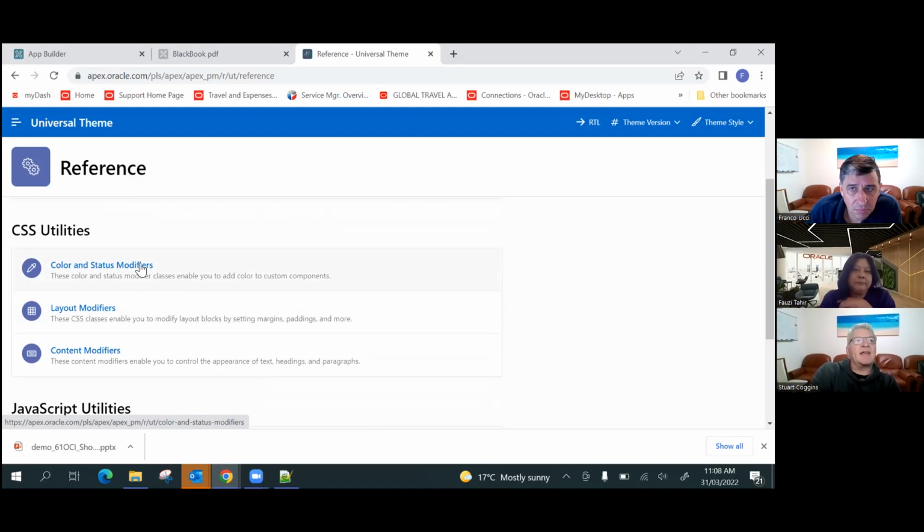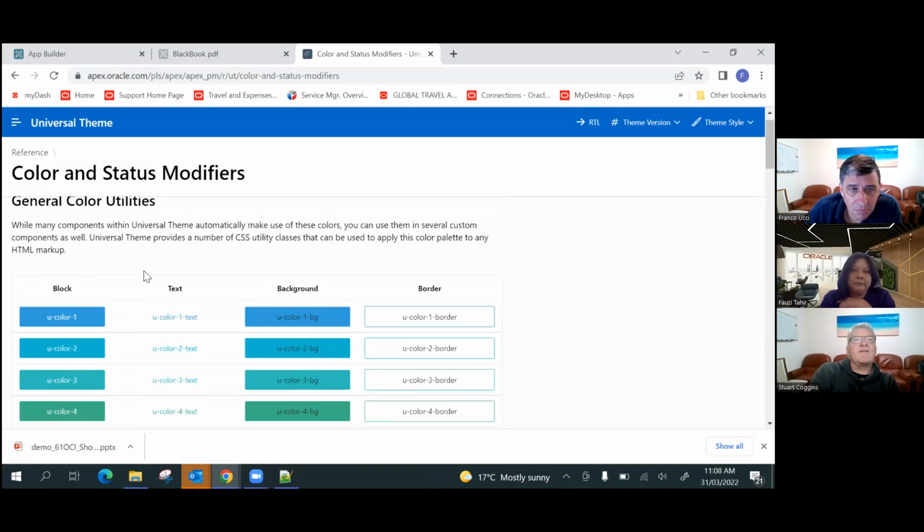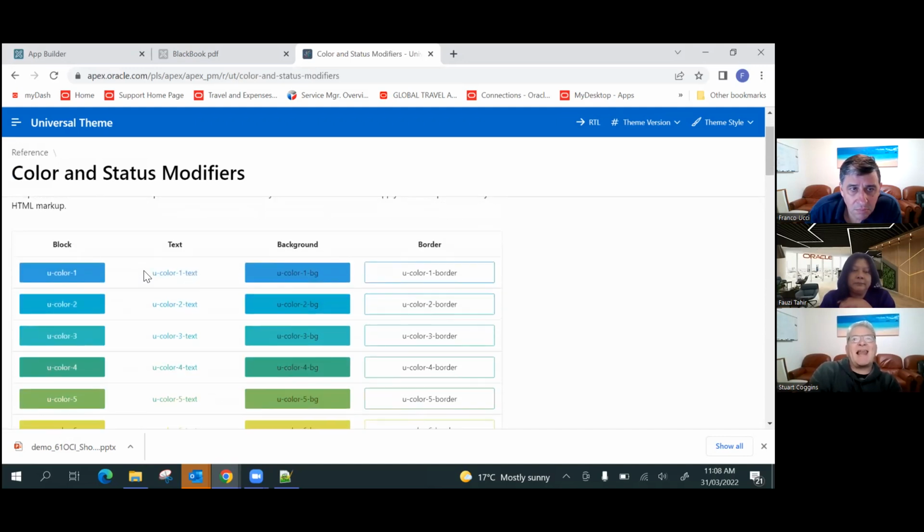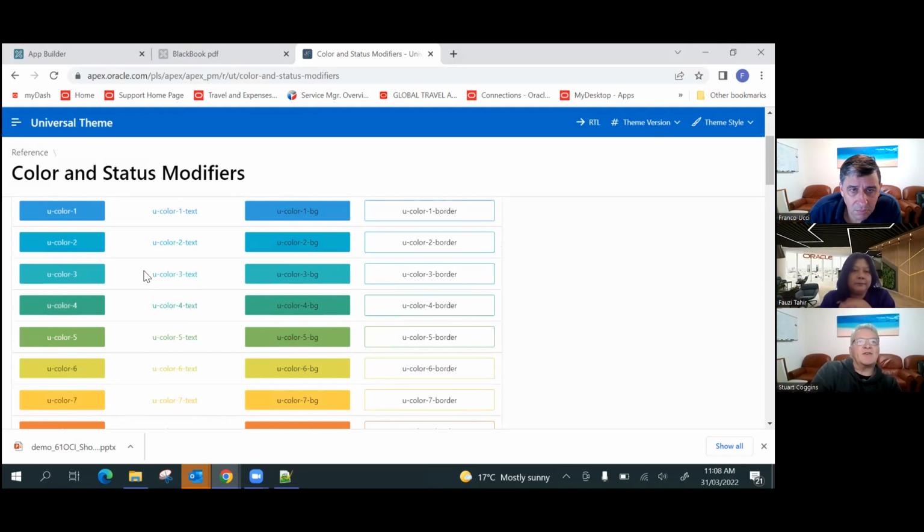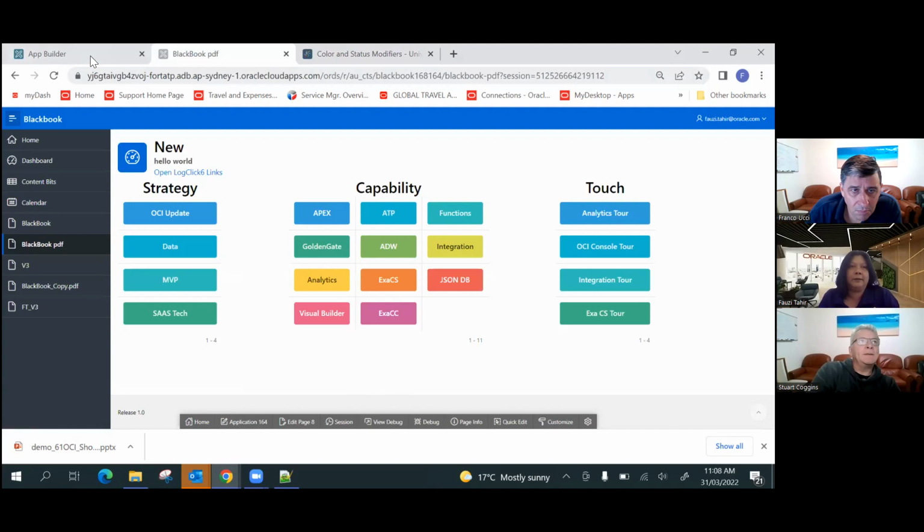So if you just click there, this will give you a list of essentially CSS classes that you can put into your code. So if you like the color of, number 5, for instance, which is a nice green with black text, or you color 5 with white text. So essentially you just pick one of those classes. So if you just copy that one and then go back into your app, into the builder, and